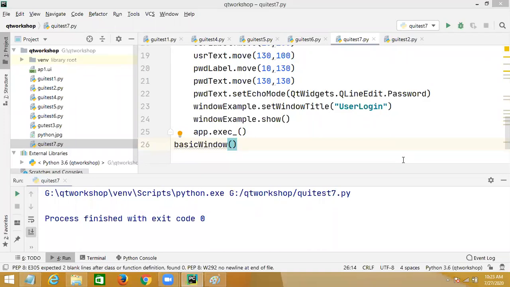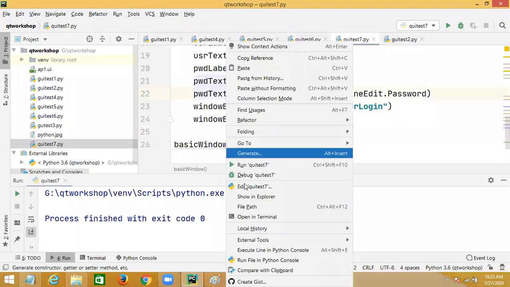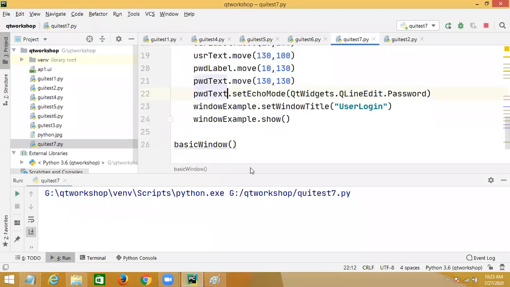Joseph Prakash, what is the use? Remove it and see it here. Just remove this one. I already said. What happened here? It opens and closes. It should be in the loop, the event loop.